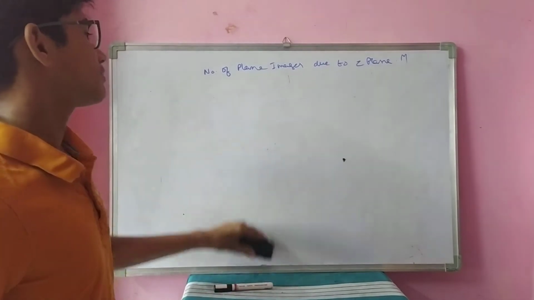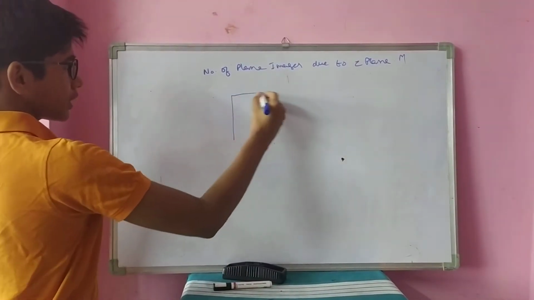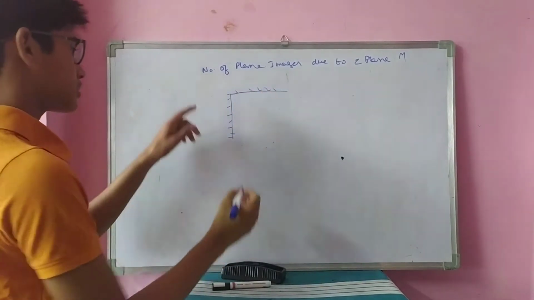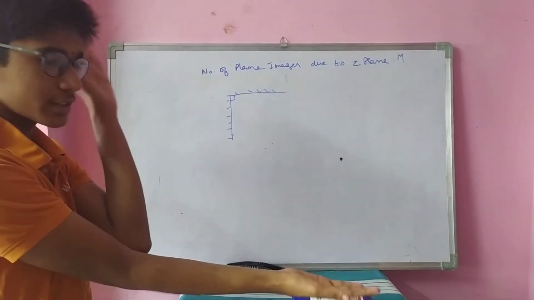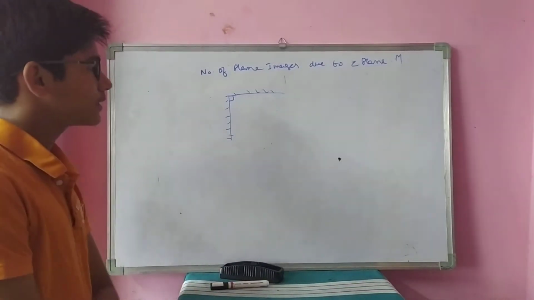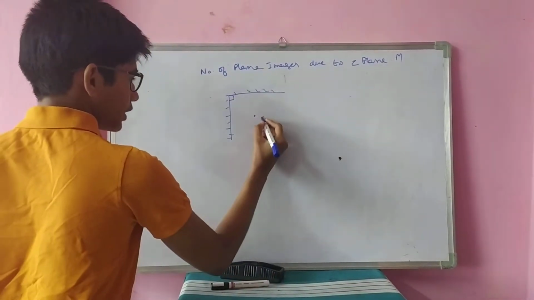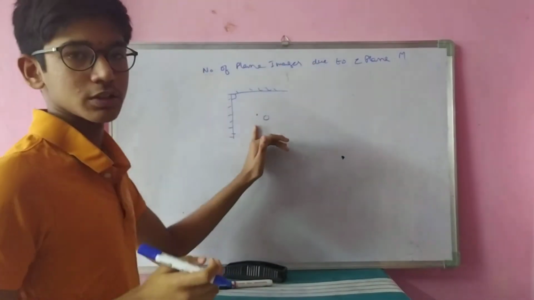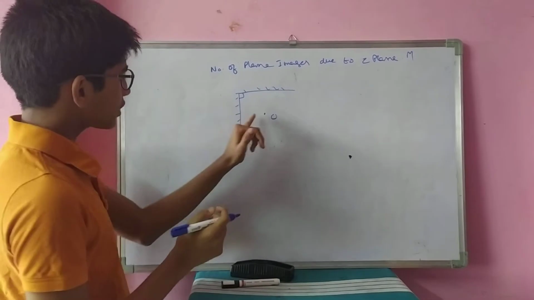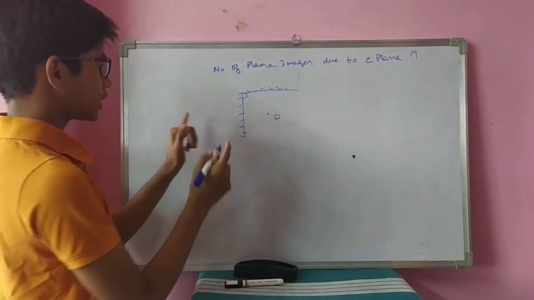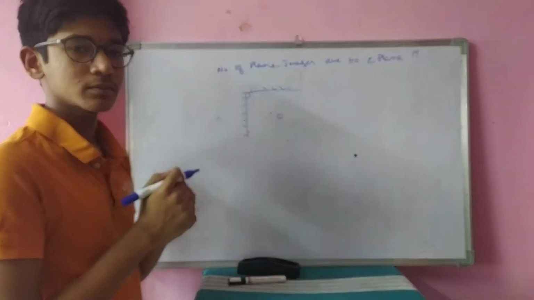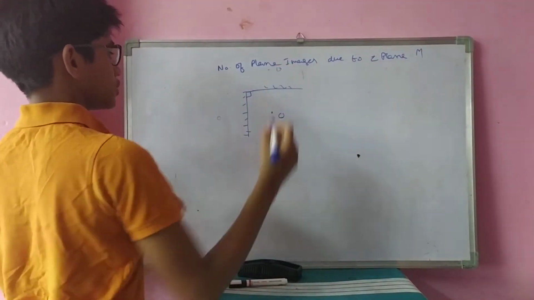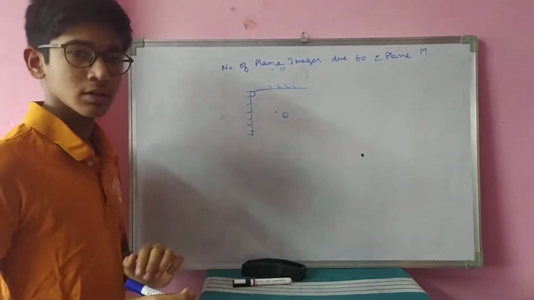Generally, if two plane mirrors are inclined at some angle, say I am considering it as a perpendicular, like this exactly. Two plane mirrors. Here, in between, an object is placed. Between these two plane mirrors, I kept an object. Now, for this plane mirror, this acts as an object and an image is formed here. And for this plane mirror also, it forms an image. How many images are formed for two plane mirrors? Two images.